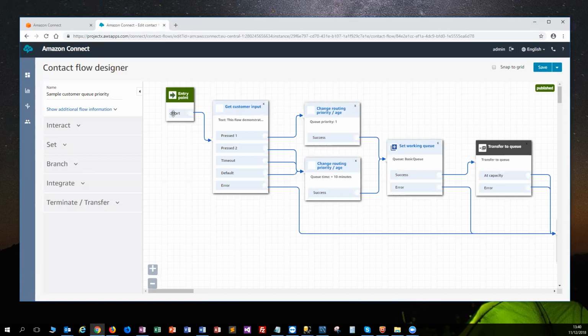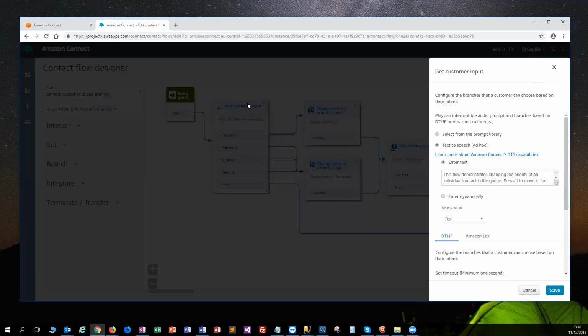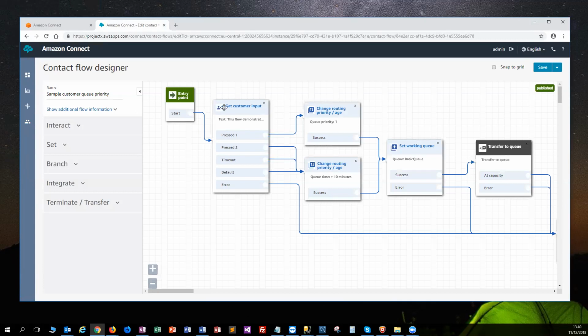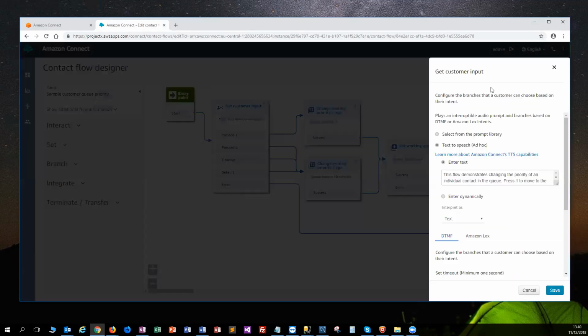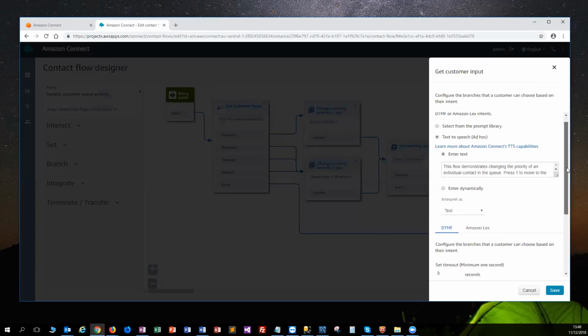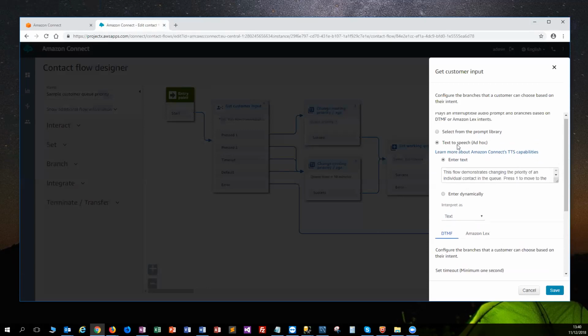Okay, so let's basically get the start. You've got the customer input, so you've got two different keys that you can press. If you want to change something on this, then you basically just click on that little image there, that little one at the top. You just click on it, and you've got the different options. So for each one, it will have its own option. If you look at the actual prompt, you can either just type in the text, and it will then do a text-to-speech,